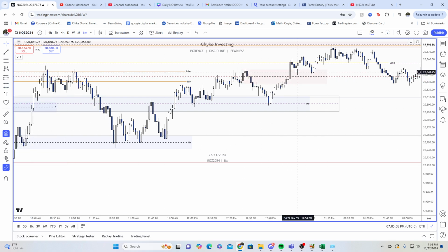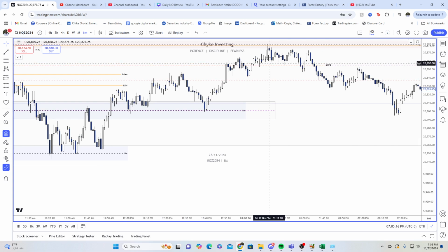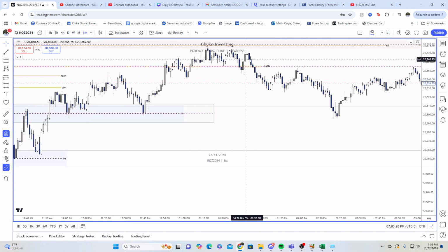You can see price comes back into this breaker plus this fair value gap. Your stop loss will be below the breaker. You can aim for that PM session high. That's a solid trade. W right there. Price consolidates for a while after taking out the third leg of liquidity, and NQ is already weak.